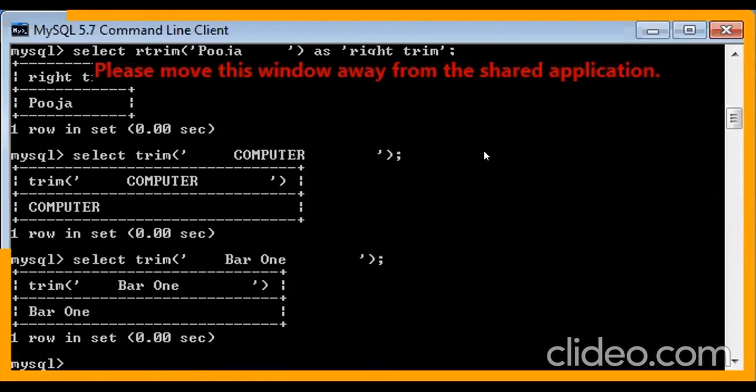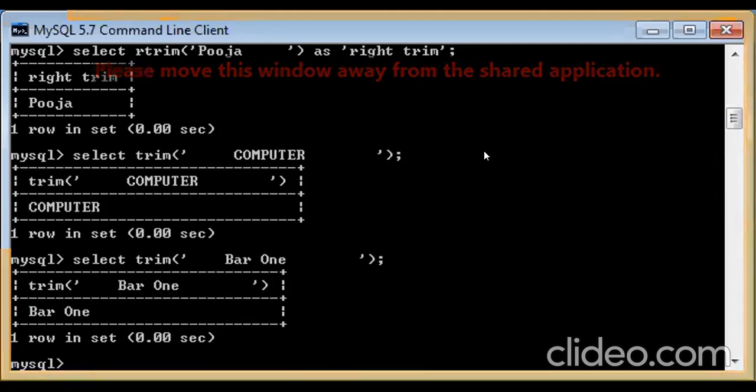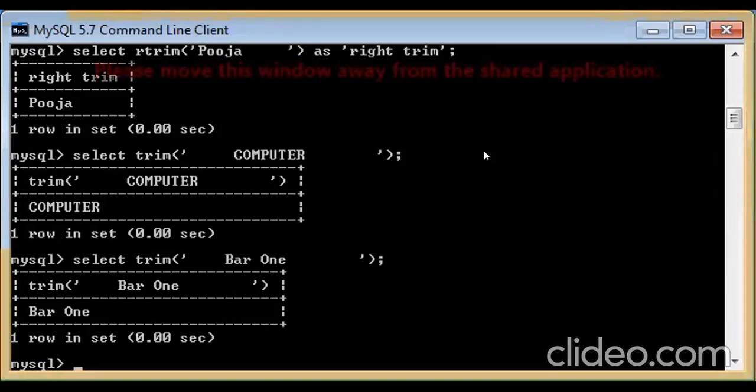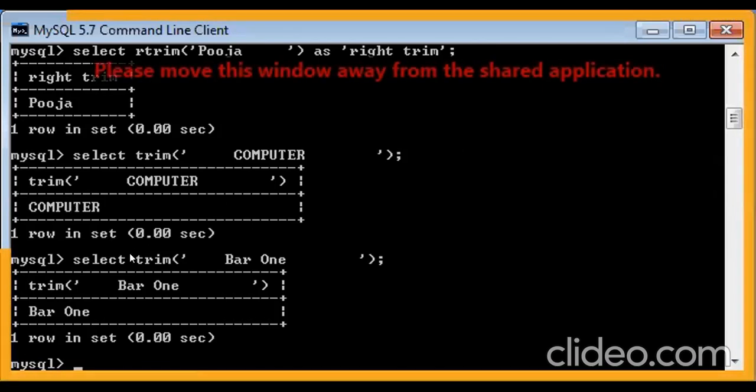So yes, this is absolutely correct because they are just asking us to remove leading and trailing spaces together at once, and the default is already space. So we do not need to write REMSTR for that. So we can directly write in the easiest way: select trim and the bar1 from there. So it will trim all the spaces from the given string.